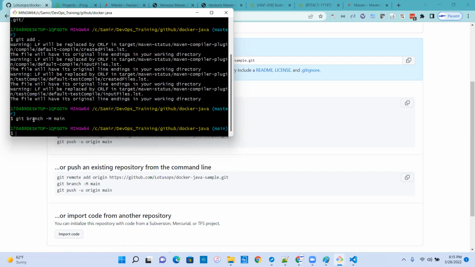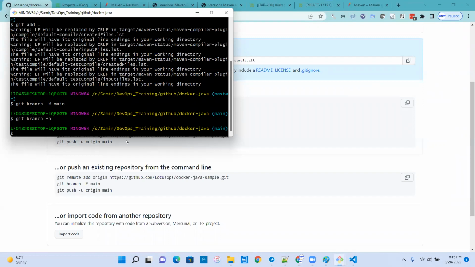If you do a git branch or git checkout -b with a branch name, it creates a new branch from this existing branch. But with -m, it's basically renamed. So if I do a git branch -a, I should not see the master at all. I should only see main. That's it. Okay. Git commit -m initial commit,